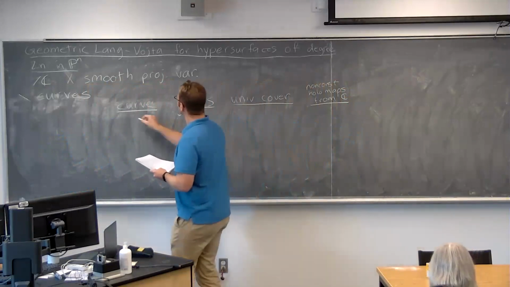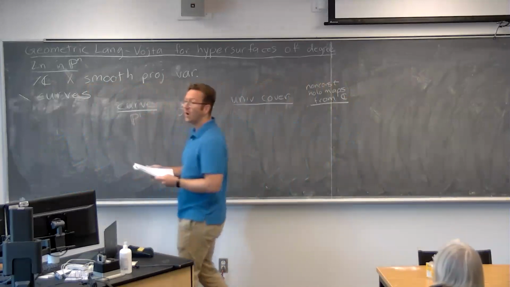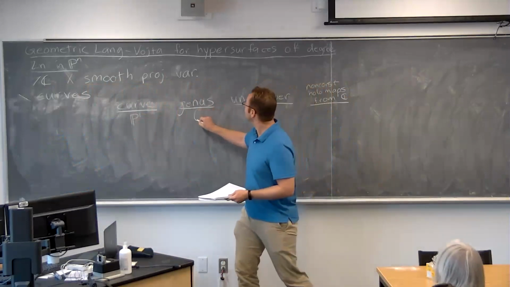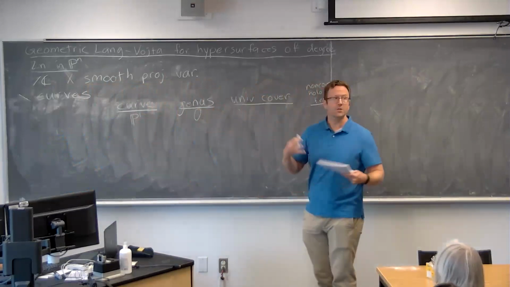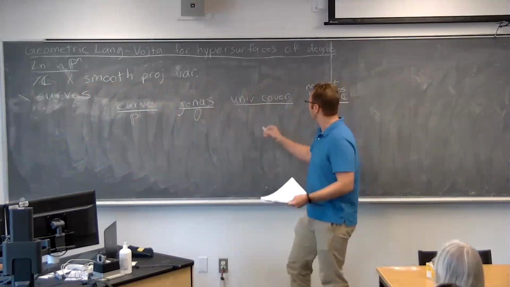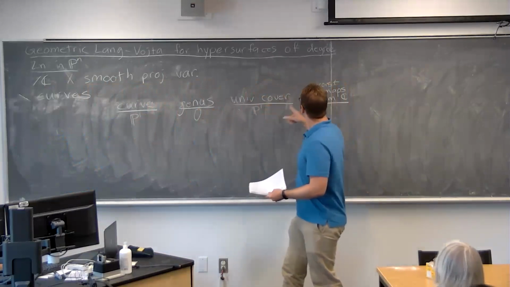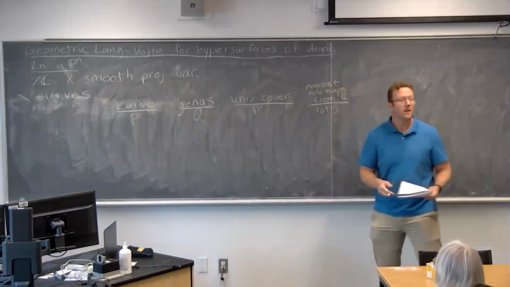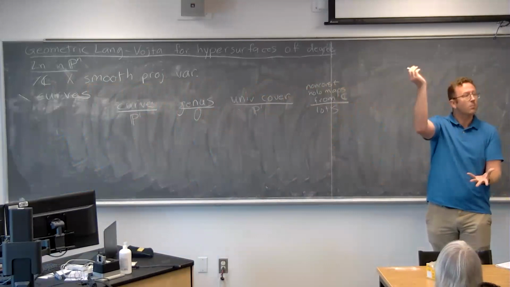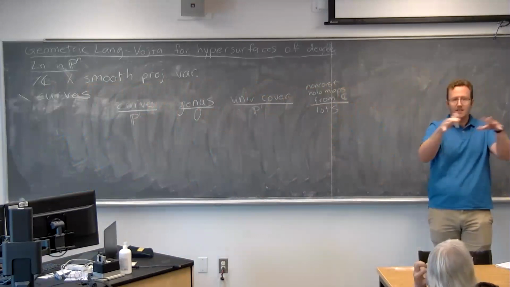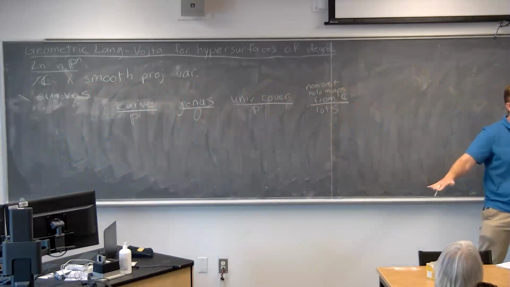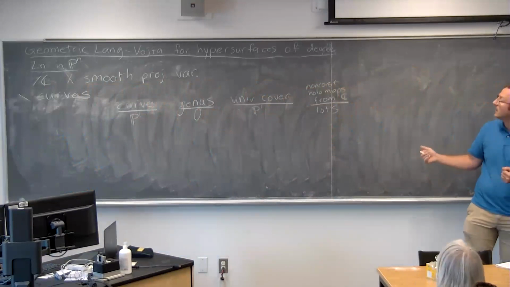The first curve I want to start with is P1, just the Riemann sphere. This is a curve of genus 0. The universal cover is P1 itself. And there are lots of non-constant holomorphic maps from C. You just remove any single point from your Riemann sphere, and then by stereographic projection, the rest of the Riemann sphere is isomorphic to the complex numbers. And so you have lots of non-constant holomorphic maps from C.